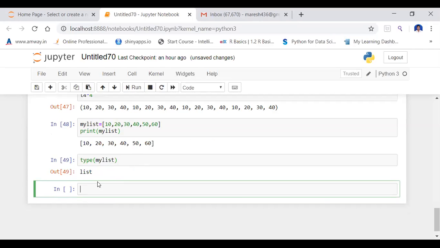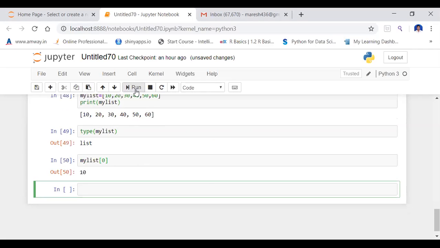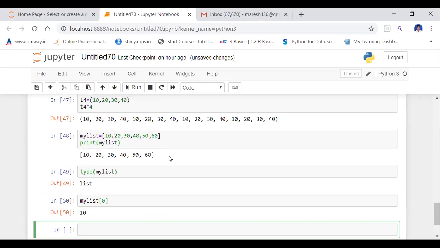Suppose I want to access the first element in my list. First element means supply the index of the first element, 0. Here you should observe that for declaration of a list and accessing a list, we need to supply square brackets. There is no difference in those two. Suppose I want to access the last element in my list, I need to supply -1.